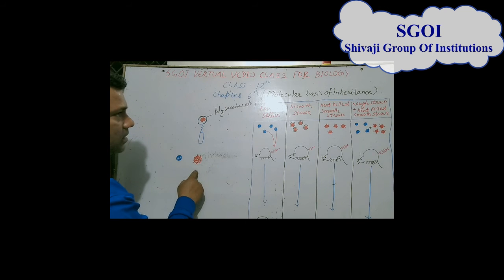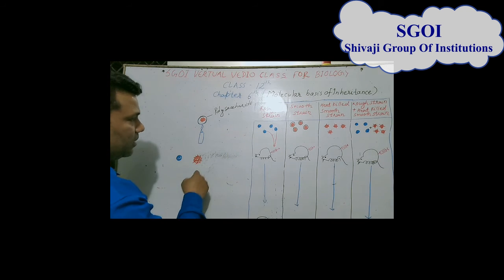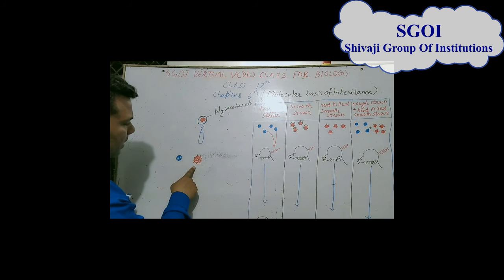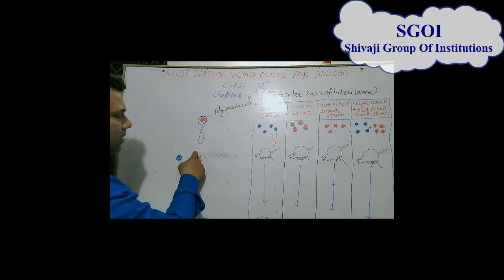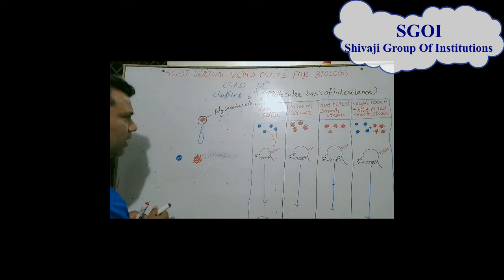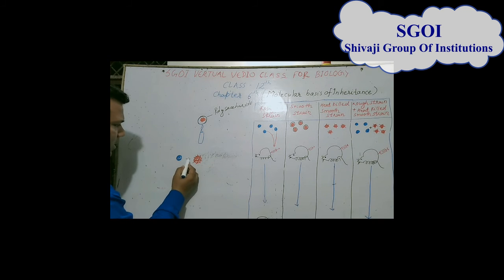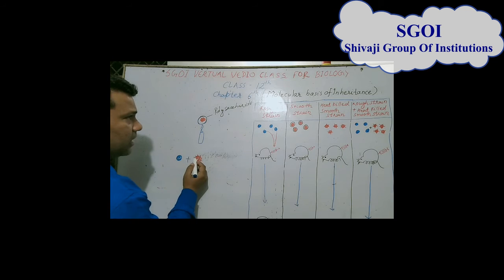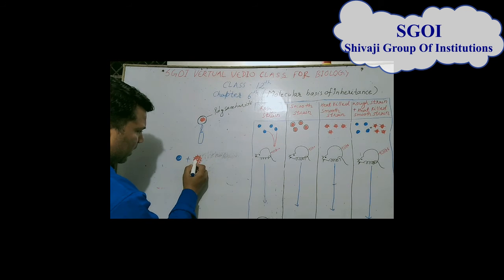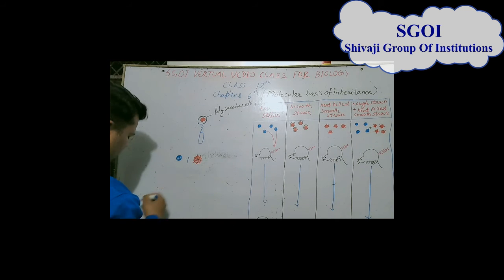The heat killed smooth strain does not have the polysaccharide covering around it. Then what happened when these two are mixed together? The DNA that is present in the smooth strain passes into the rough strain,